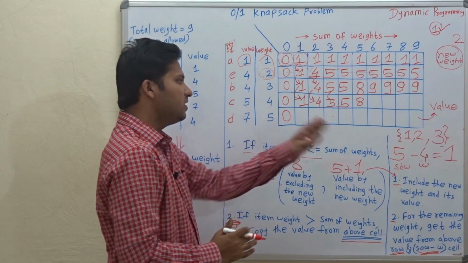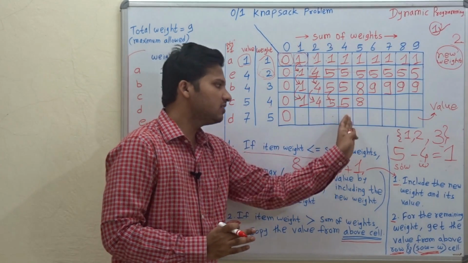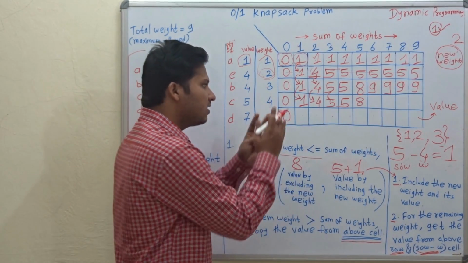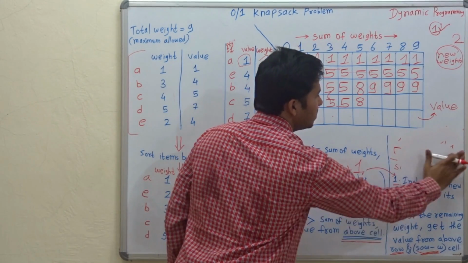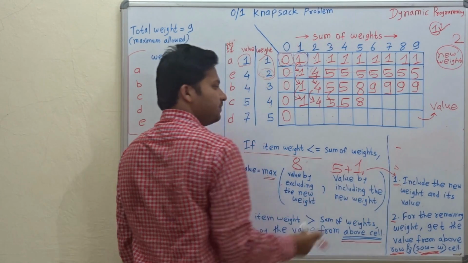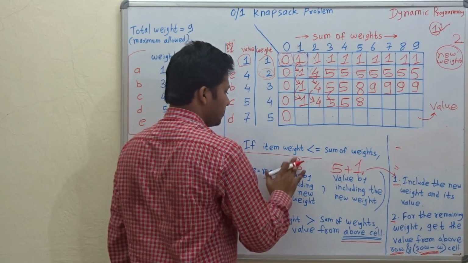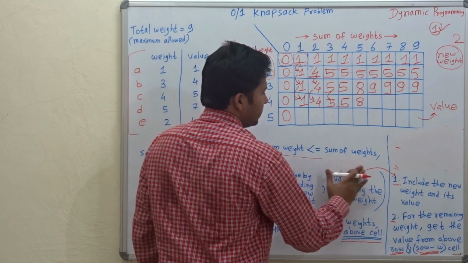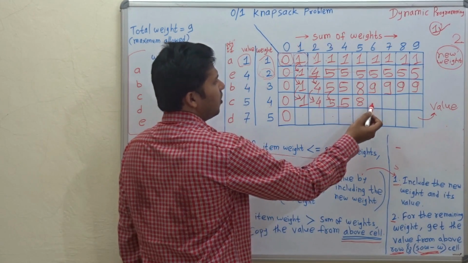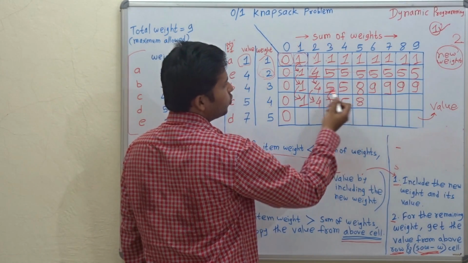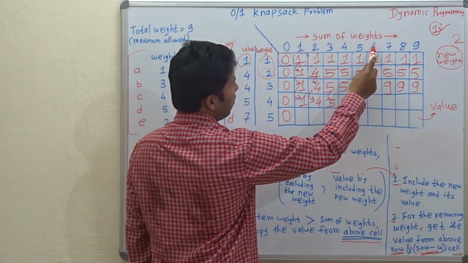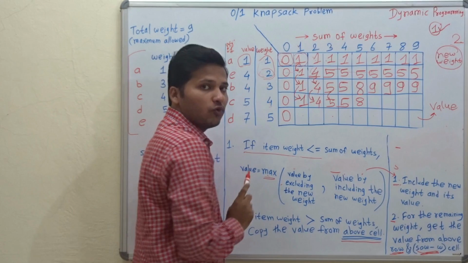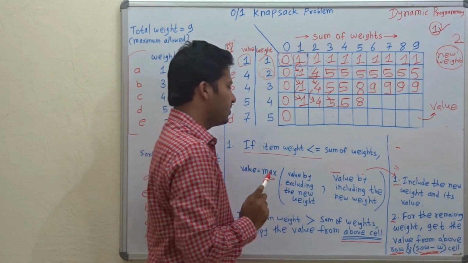Okay. From here onwards I will directly write the answers, meaning I will directly calculate them. I will not show you the steps. I will just tell you the shortcuts. Okay. Let's see the shortcuts. Always, from the above row, you have to go to the cell which is the column value minus the row value. Okay, remember that.